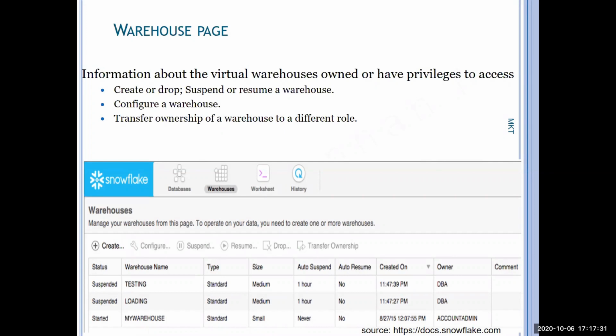Without a warehouse, you cannot access the database. So you need to create a warehouse separately, right? From here, you can create a warehouse, and you can suspend and resume a warehouse also, right? Suspending a warehouse means the warehouse cannot be used in the suspended state. The warehouse should be resumed when you want to use it. So that is how a warehouse is used.